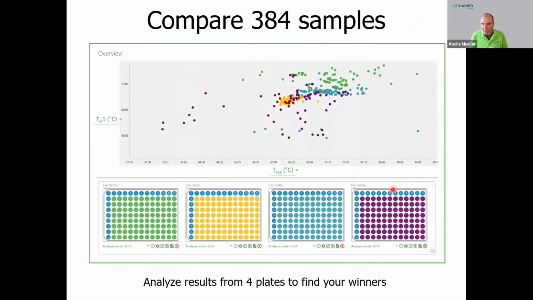I mentioned the automation readiness of the system. Also for the data analysis, we are geared towards looking at several experiments at the same time and increasing your sample throughput this way. We can open up to 4 experiments in parallel, and since each of the experiments is 96 samples, so up to 384 samples, we can plot whatever metric we want here on the X and the Y axis. There are little drop downs. Here I looked at TM as a function of TAG. You could look at the TM1 as a function of TM2. Any metric there is, you can plot this here, and then you can just lasso around the samples that show the profile that you're most interested in, and then take a deeper dive into the data and look at